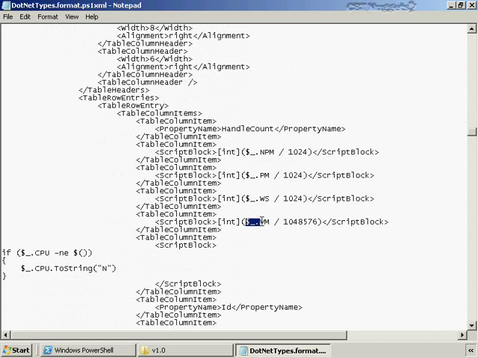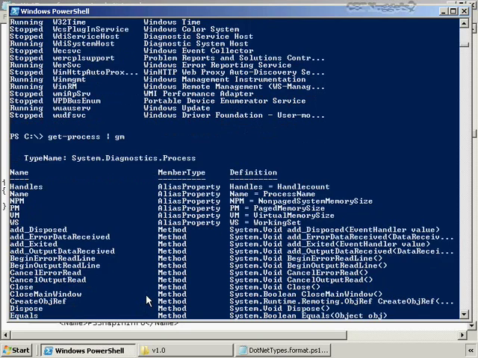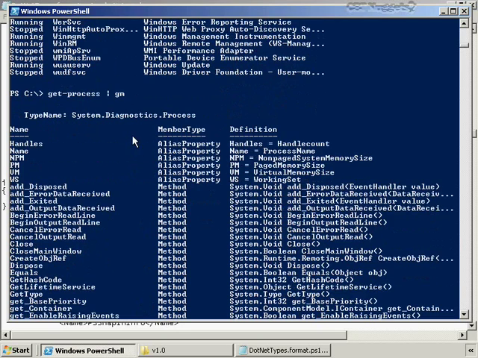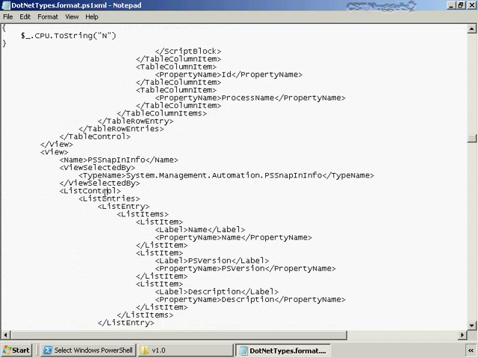And the data that's actually going into those columns is the handle count property, the NPM property divided by 1024, the VM property divided by 1048,576. In other words, to make it megabytes, this is dividing it by 1024 to make a bytes property into kilobytes. So that's how all this data is being done. Every time PowerShell has to display an object, it goes to one of those format.ps1xml files, looks for the type name, chooses the appropriate type of layout, in this case a table,